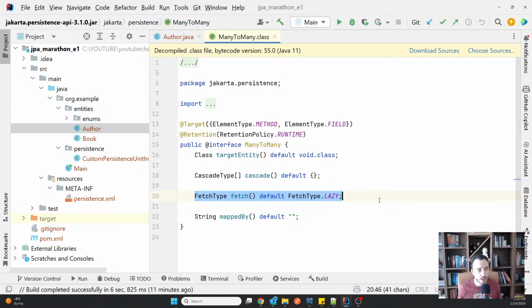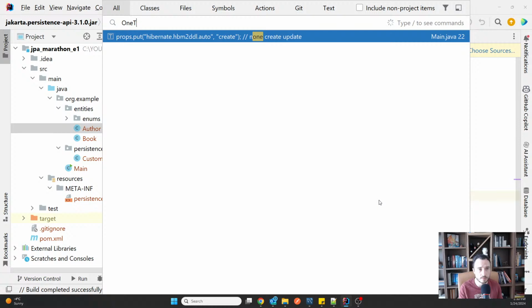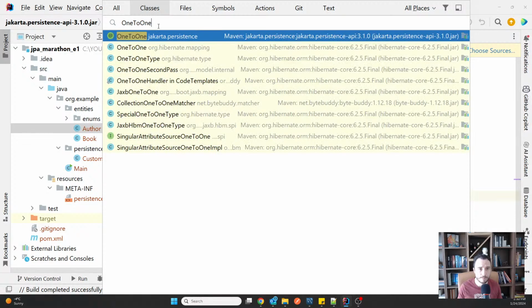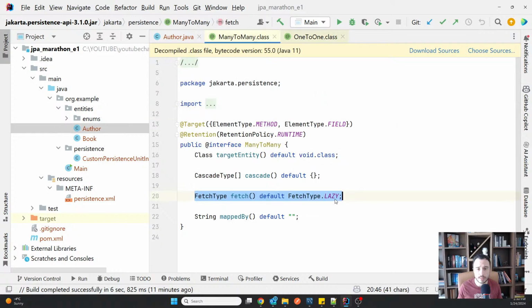If it is an object, it's always eager by default. That's why if I'm searching for the one-to-one annotation here, you will see that the relationship is eager. But in the many-to-many, it's lazy.